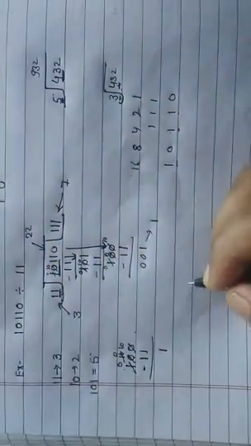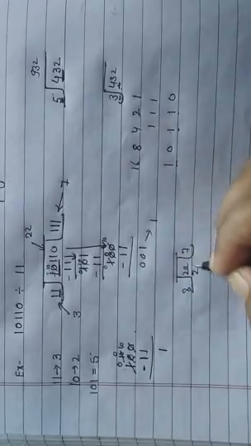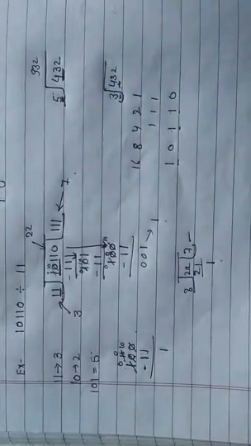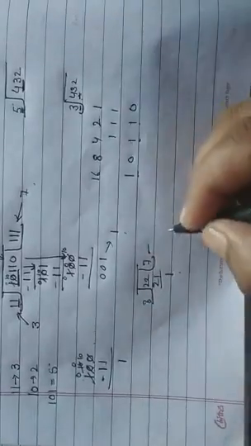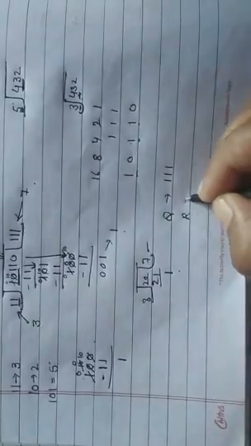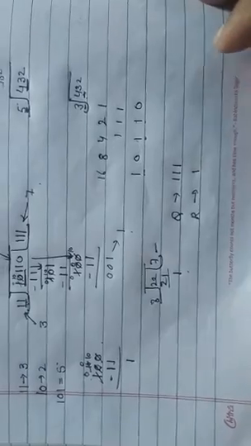So when we divide 22 by 3, what should we get? 3 sevens are 21. See, 7 will be the quotient, 1 will be the remainder. So the same answer we are getting. So the result will be, the quotient will be 111 and the remainder will be 1. Okay, I think it is clear now. Let's take one more example for binary division.